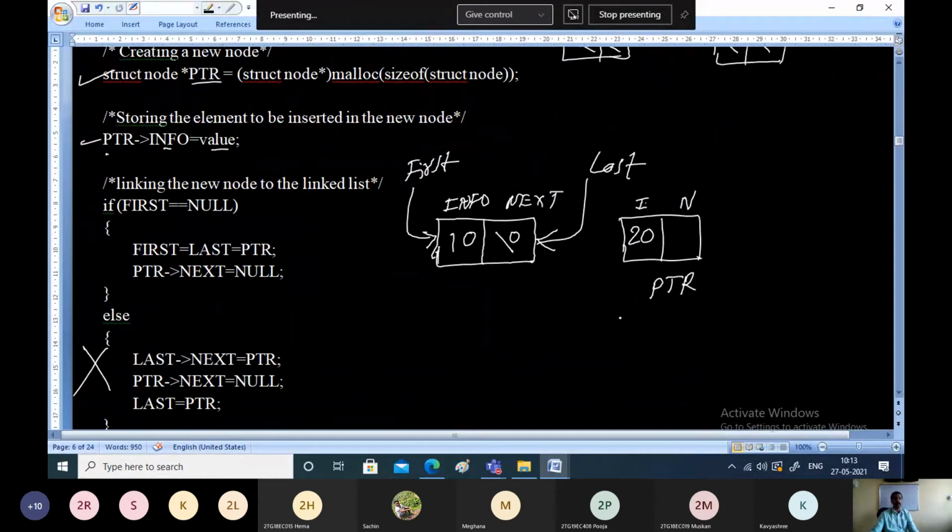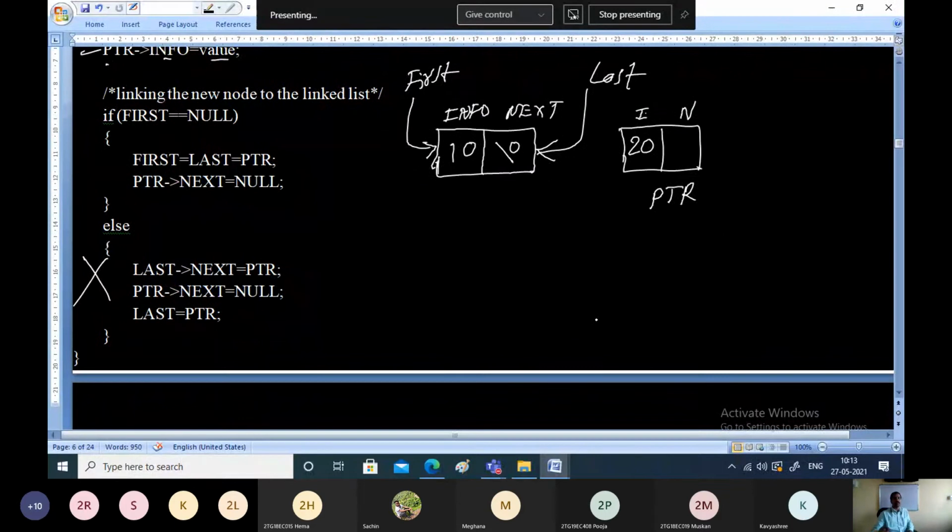Now how to insert that node? Before inserting the new node into the linked list, you should check whether the linked list is empty. If the linked list is empty, then this itself becomes the very first node. Now that is not the case here. So is first equal to null?